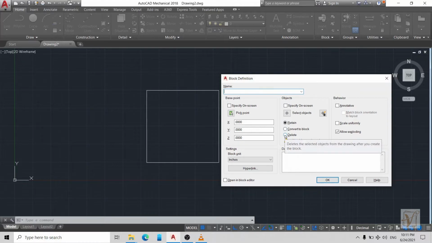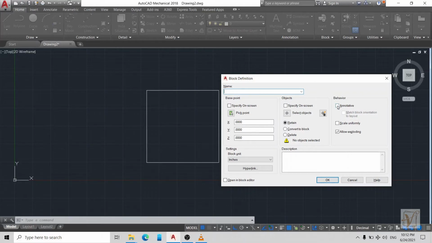Delete is for deleting the objects you selected for your block. A warning message appears at the bottom of the object group if you haven't selected objects for the block. After you have selected objects, the warning message changes to tell how many objects you have selected.